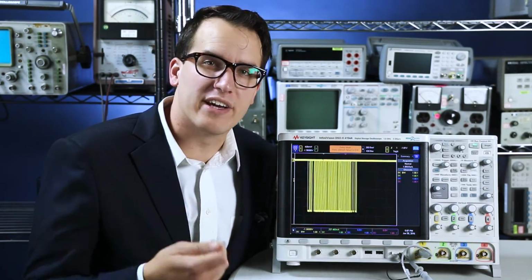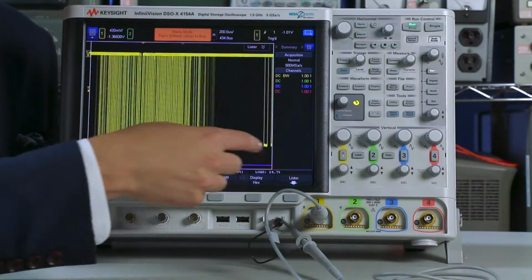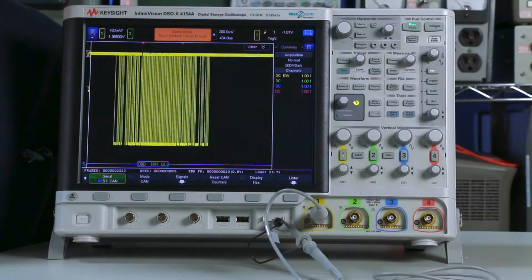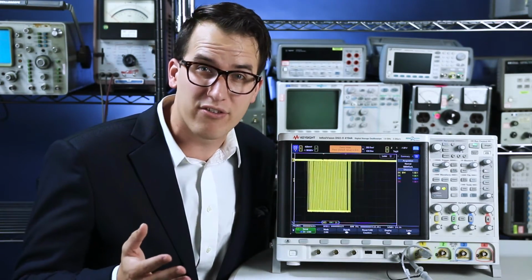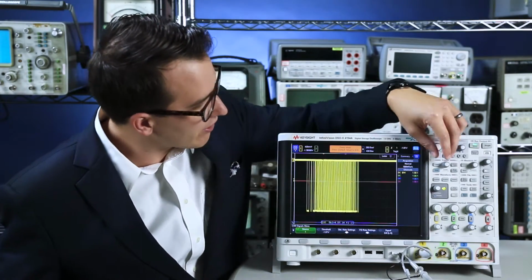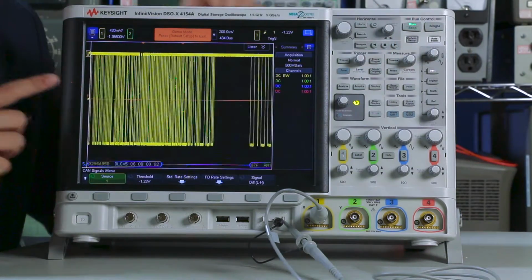So once you're physically connected to your signals, you're going to want to turn on serial decoding. So I'm going to hit the dedicated serial button, and that's going to turn on my decoding, and I can see along the bottom, I have a little packet view of what's going on in this signal. The next thing you're going to want to do from this is make sure your thresholds are set up correctly. So I'm going to use my trigger knob and make sure that my thresholds are kind of right in the middle of my bus there. And that means when I'm sampling, my threshold is going to be appropriate.